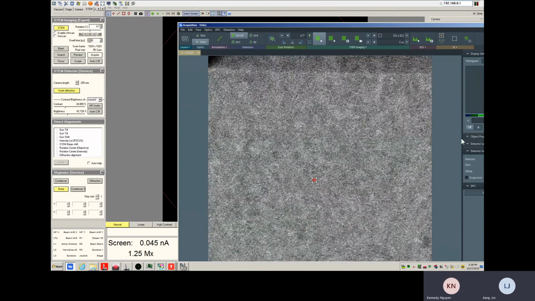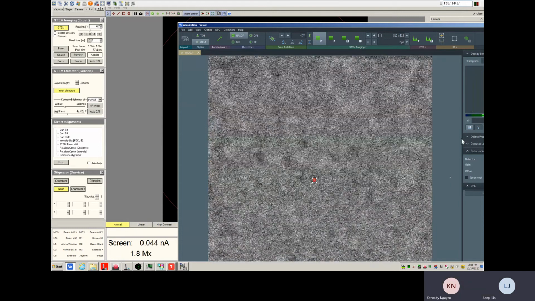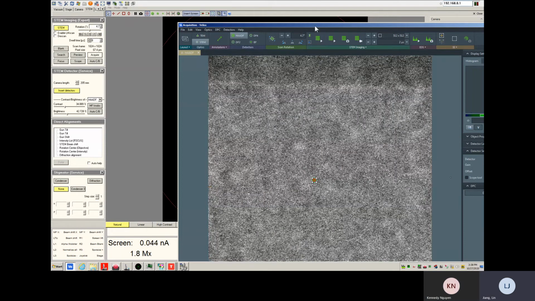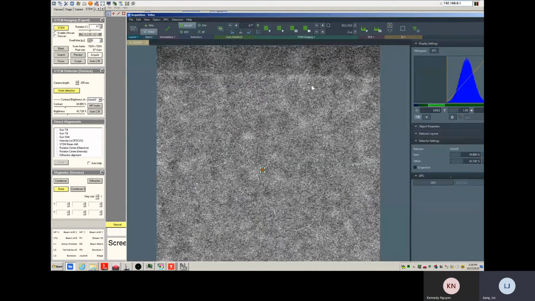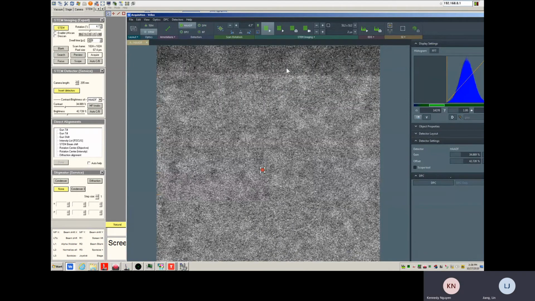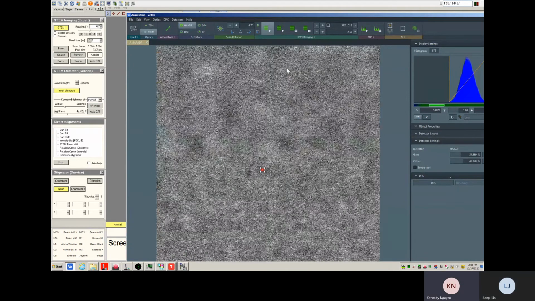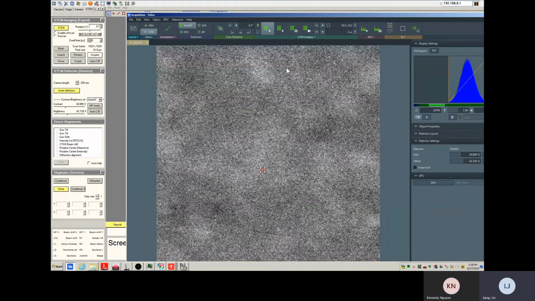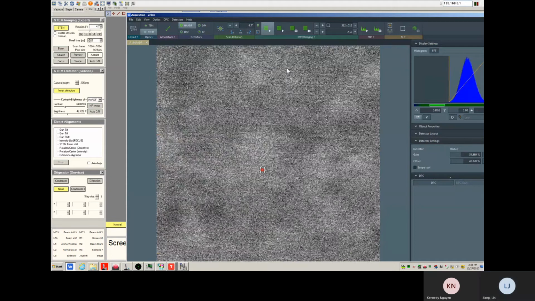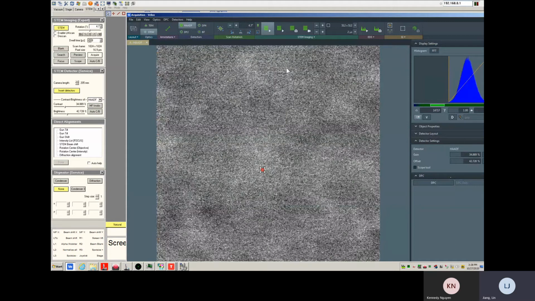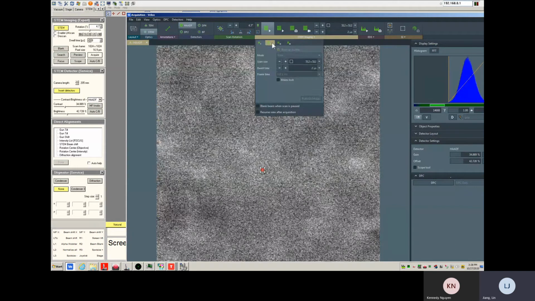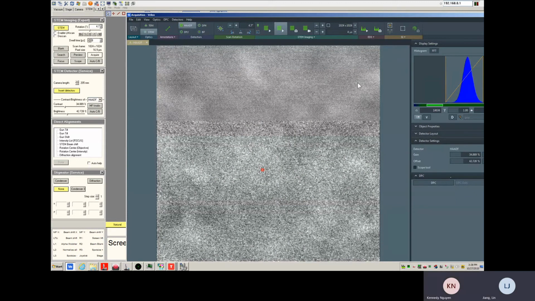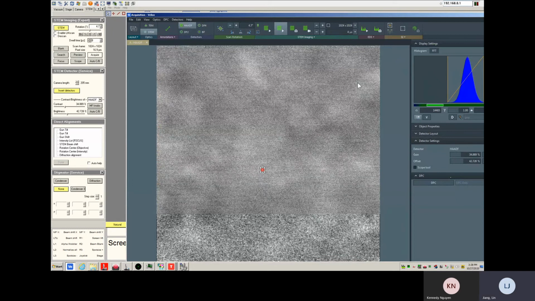Then we can keep going. Then go here. This is good, still good enough. We can slightly adjust focus to bring back to the focus. And probably we can set up preview. So we do slow scan because